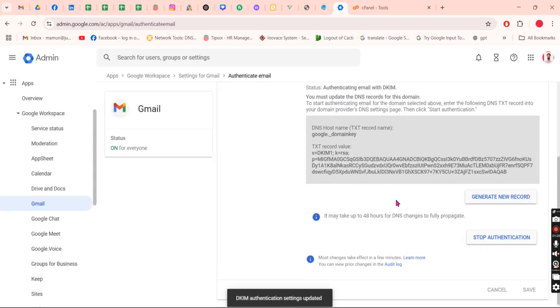You can see this domain already has DKIM authentication, but sometimes the DKIM authentication fails, so you need to generate a new record and update it on your hosting DKIM record. So generate a new record, then you can select 1024 bit, then you see a new record. This is the TXT record name, google._domainkey. So you copy this